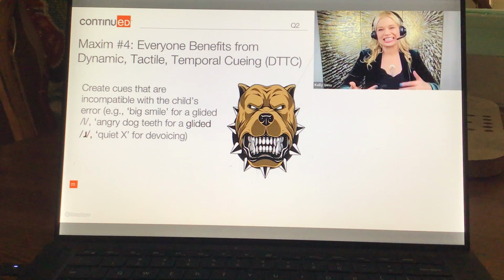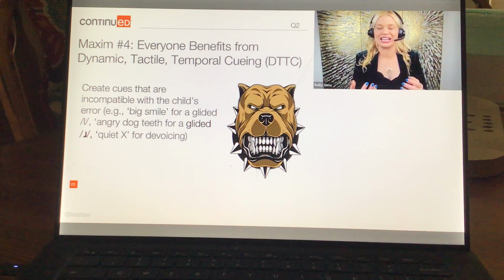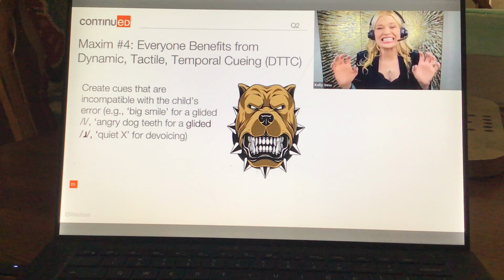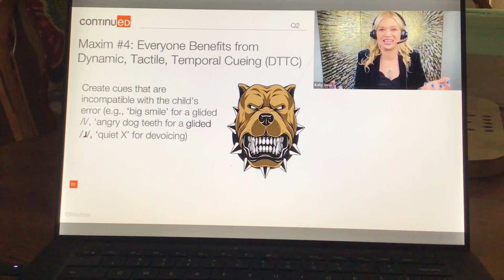Okay, now let's look at an R that's glided. You can't have angry dog teeth and growl and make a W. It's incompatible. It just can't happen. So we'll say,